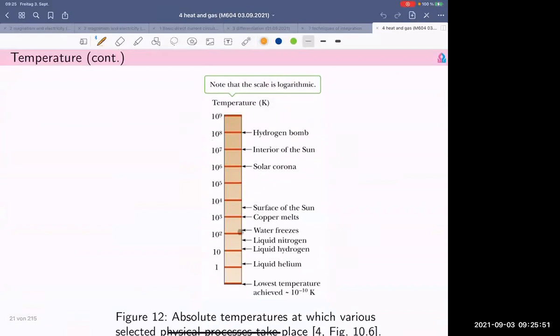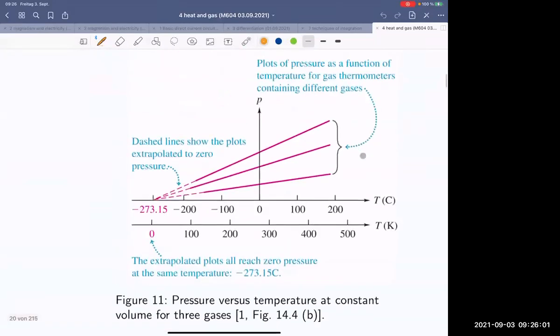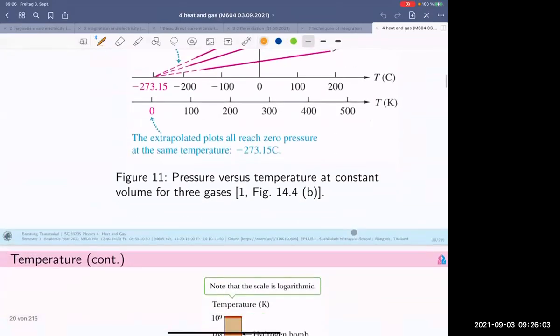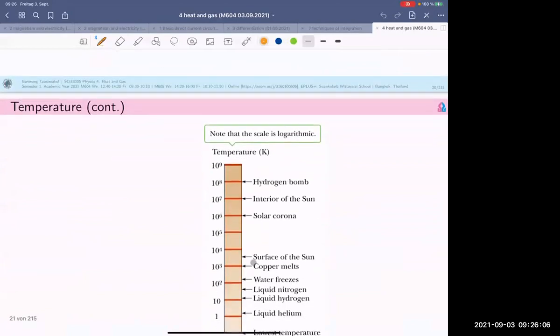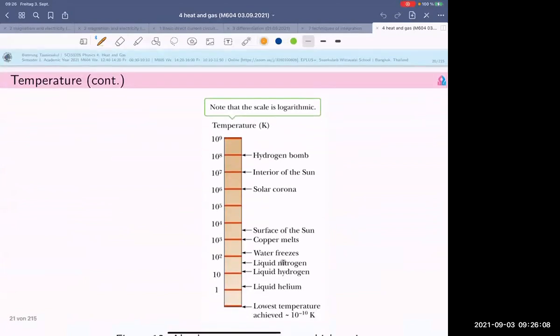Yeah, the water gets frozen, and at the 1000 Kelvin, 1000 is really high, right? It's around 700 or 800 degree of Celsius, something like that. The copper is gonna change their phase from solid to be liquid. It's get molten, and oh my God, it's around